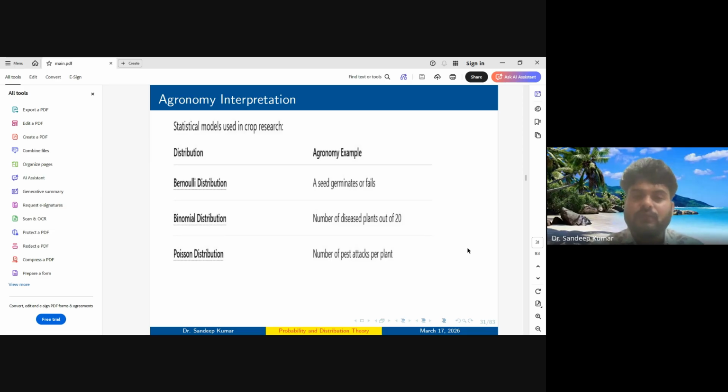Under binomial distribution, the number of diseased plants out of 20. Here, n is basically 20, so the number of diseased plants out of 20. Under Poisson distribution, the number of pest attacks per plant. So these are the agronomy examples of three distributions, and all these distributions come under the discrete type